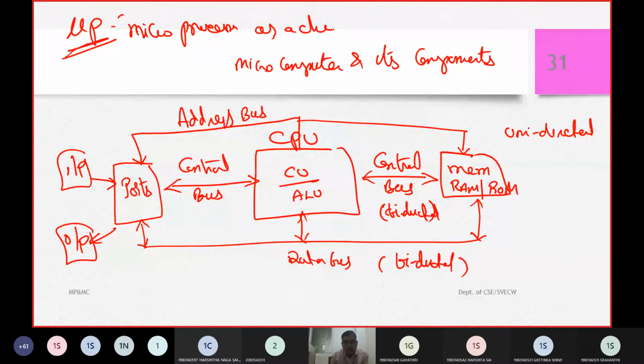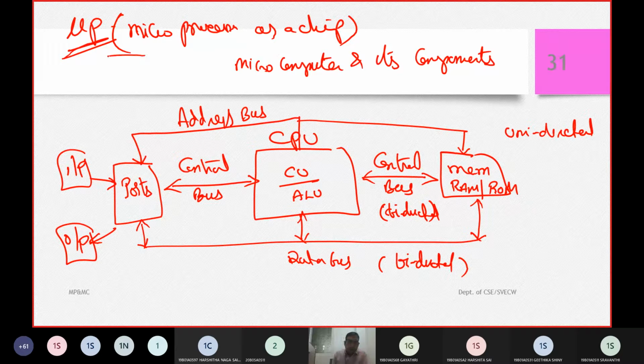If there is a microprocessor as a chip, then we say it is a microcomputer. And microcomputer and microprocessor are both interchangeable terms. So this was the first takeaway.